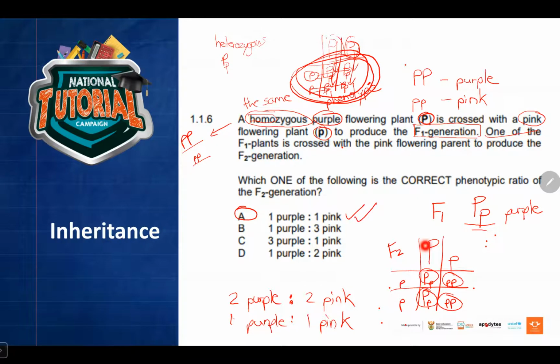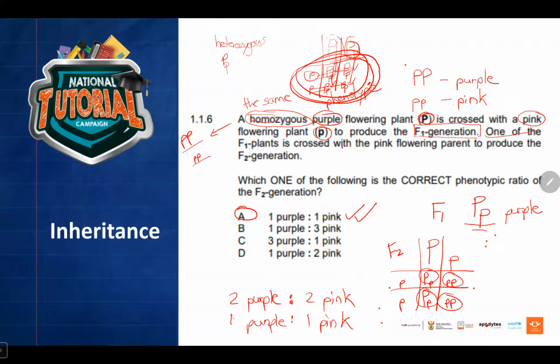Now, this is quite a lot of thinking for a seemingly innocent question worth only 2 marks. But this is all of the information that you had to go through and process to figure out the correct phenotypic ratio for the F2 generation. So remember all the terms that we went through. If we quickly want to go through them again,